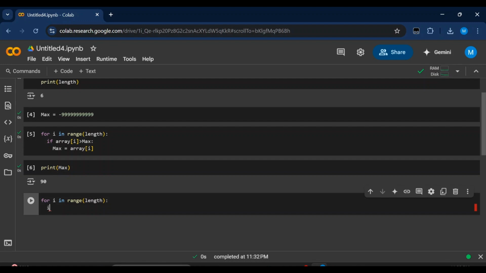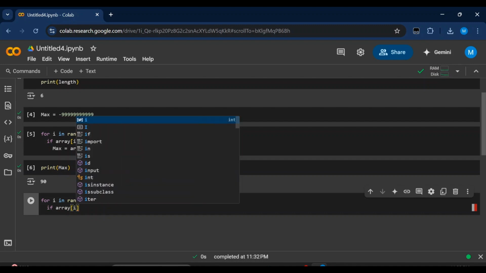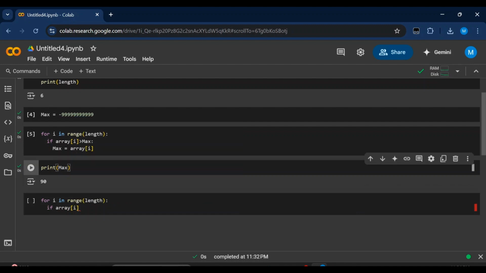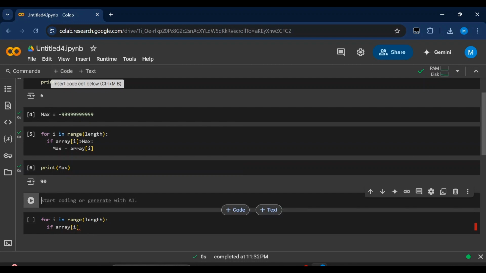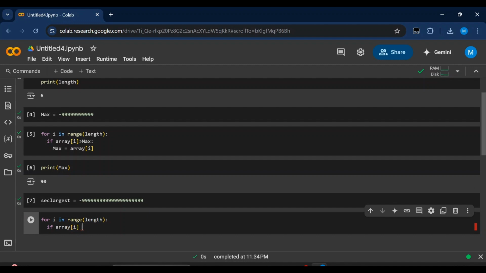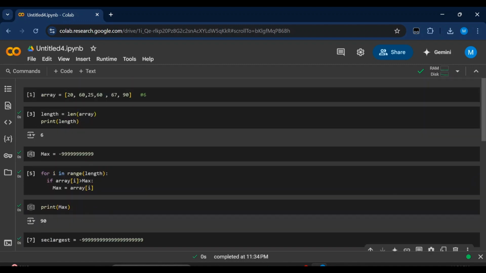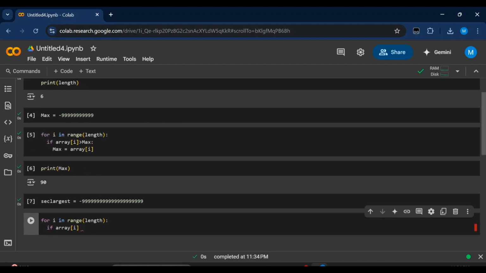So now if I say if array i, first of all, let's create a second max. Second largest, I'll just call it sec_large. Okay, let's do it largest so you understand better. And I'm going to initialize it with 999, just like any random infinity value. So now if I'm going to do the comparison, if this arr[i], which is actually this 20, is greater than second largest,